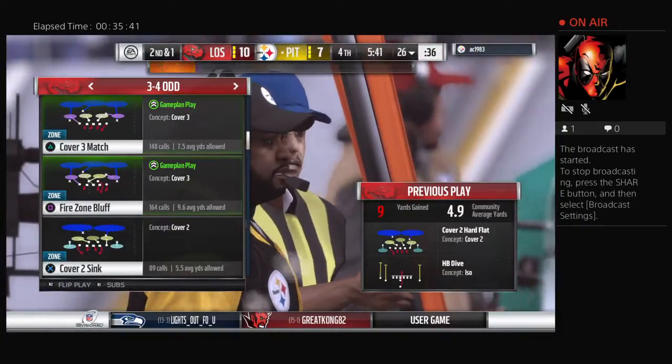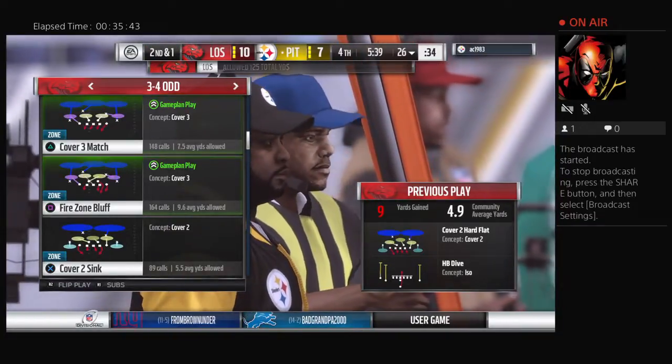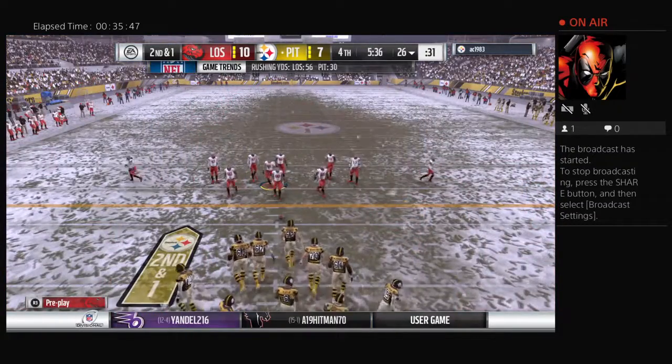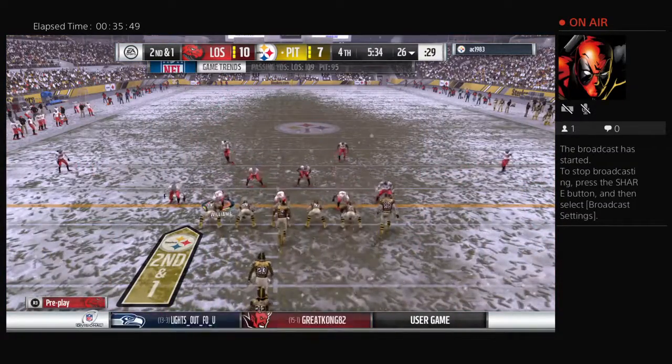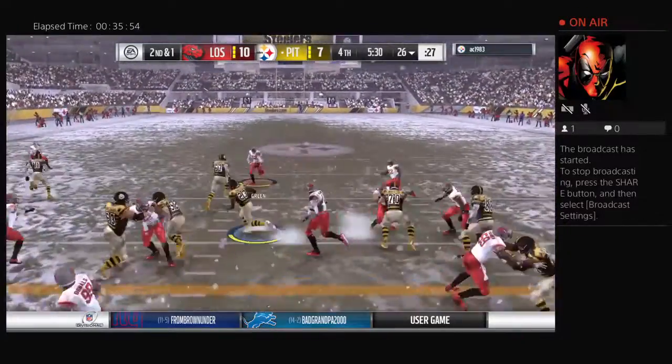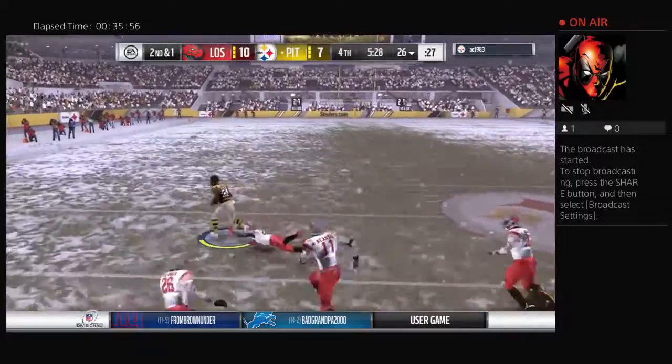Give him 9 on the carry that time, and they're set up with a 2nd and 1. Good, strong run against the 3-4 set. And that 3-4, you've got to have your guys up front eat up a lot of blocks. The guy playing over the center, the nose, he usually has to take on double teams. But when you're able to successfully...